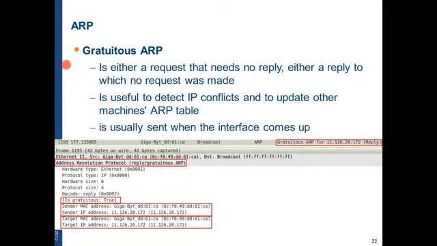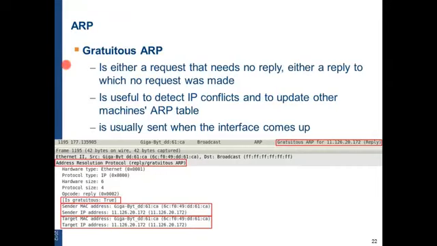This is useful for a default gateway that I told you about in the second slide. If a host wants to send a packet to the default gateway, it has to know its MAC. So for the router to make sure that its MAC is learned, it will send a gratuitous ARP. It doesn't matter if it's a request or a reply.